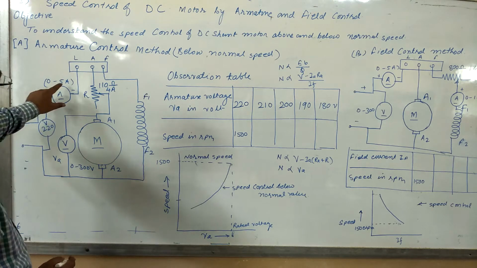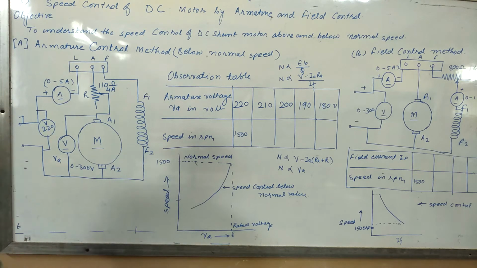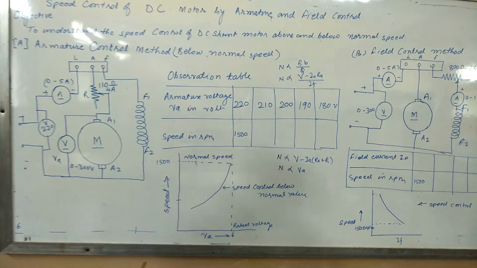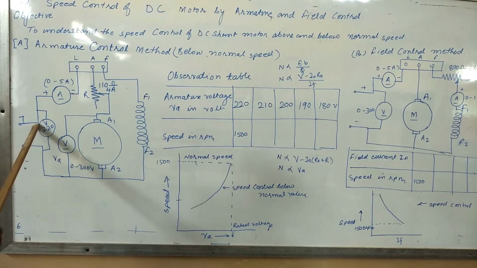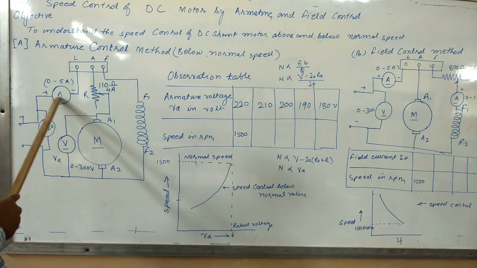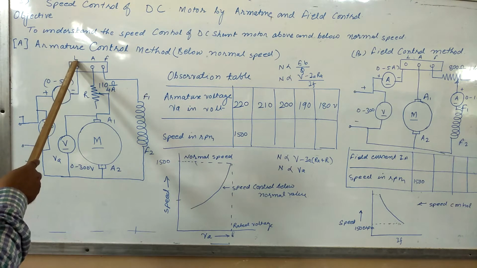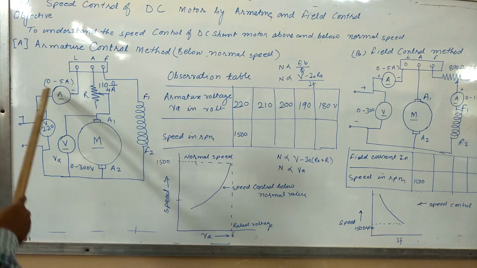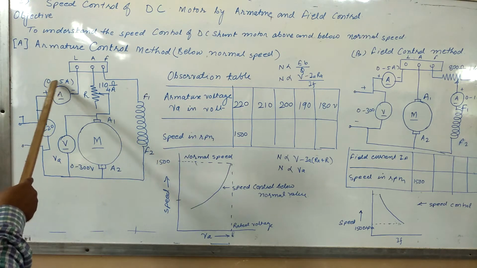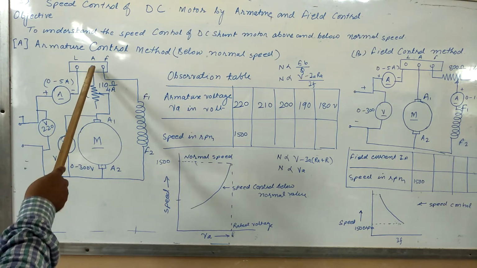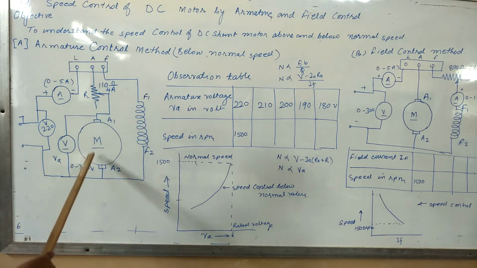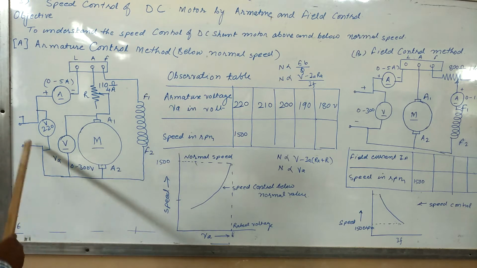Now, how to understand the circuit? To understand the circuit, it is necessary to understand which ammeters and voltmeters are connected. This is the positive terminal. It is connected to the ammeter in series with L. L is the line terminal of the 3-point starter. As it is on the no load condition, we are taking the 0 to 5 ampere range of the ammeter. A is connected with the variable rheostat, where the variable rheostat point is connected to the armature circuit A1, and A2 goes to the negative terminal.